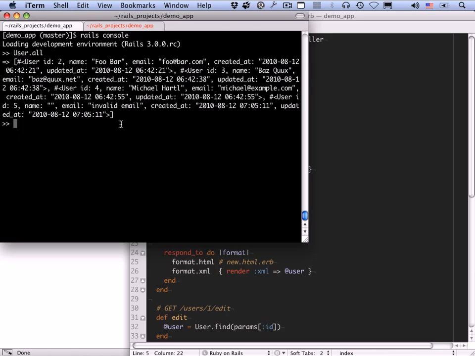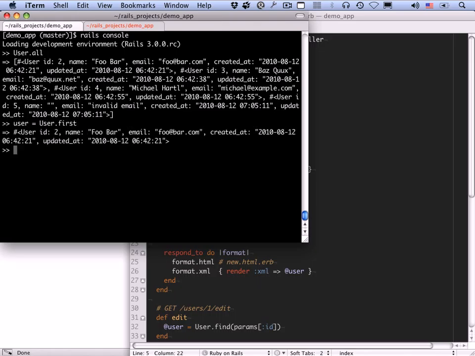So we want to just grab out one user, though, to see how the user relates to micropost. So let's assign that user to a variable. user equals capital User, this is the model name, dot first. So this is a way of pulling out just the first user. And you can see that that is indeed the first user. Also notice that there are a couple of extra things. There's a created at and an updated at. This sort of thing is called a magic column. So created at and updated at are magic columns. We'll be talking more about magic columns later in the tutorial. It's also worth noting that these attributes you can get just by typing a dot and then the name. So user.name is foobar, user.email